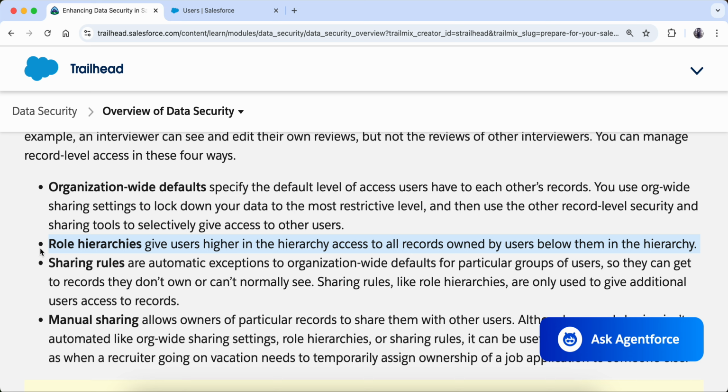In role hierarchy also, suppose there are five directors, and among them there is one exception, whom we want to give some access. Then the sharing rules come into place, and like the role hierarchies, they are only used to give additional access. We are not taking away access, we are just giving some additional access through sharing rules.